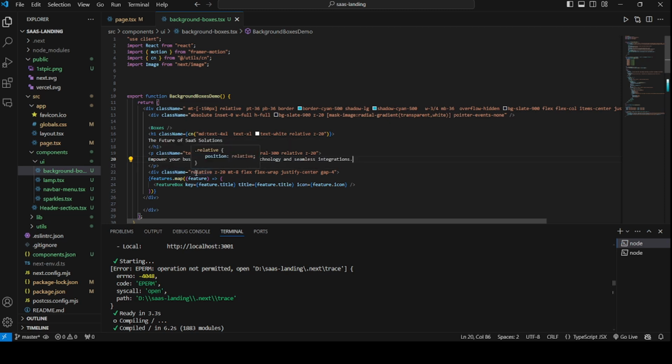Okay, and seamless integration. Let me check all the spellings if everything is right or not.